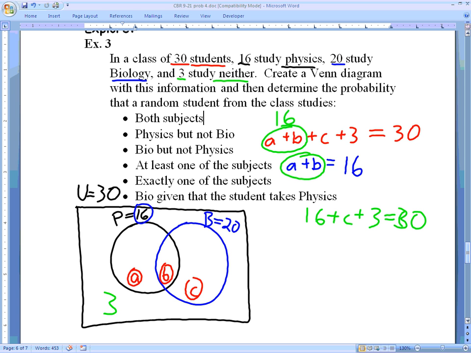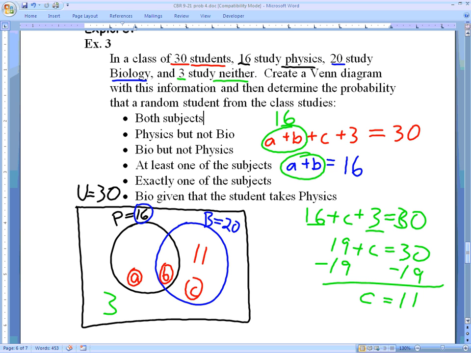Now this is like a freshman algebra problem. We add together the 16 and the 3, giving us 19 plus C equals 30. Subtract 19 from both sides. C is equal to 11. So we can go back to our Venn diagram, put the 11 right here, and those are students who only